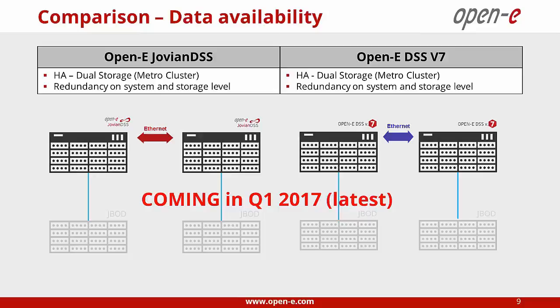Next one, we are just finalizing a solution which, instead of SAS for mirroring, will use Ethernet. In this case, this will be already in Metro cluster. Good news is that here there will be no must of using SAS disks, right? So very good, because SAS SSDs are quite expensive. Also, there is a problem with devices like NVMe and so on. Here we will no longer have this limitation to SAS. That will be great news when we release it. Okay.